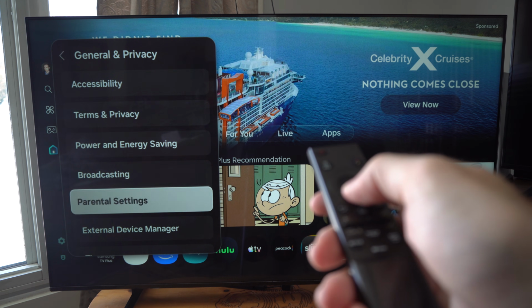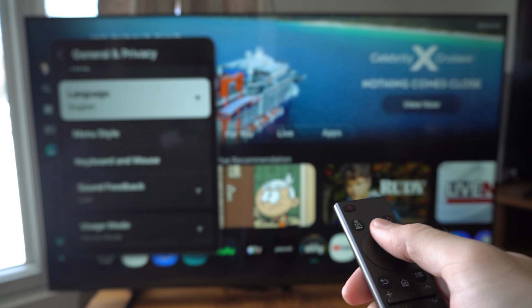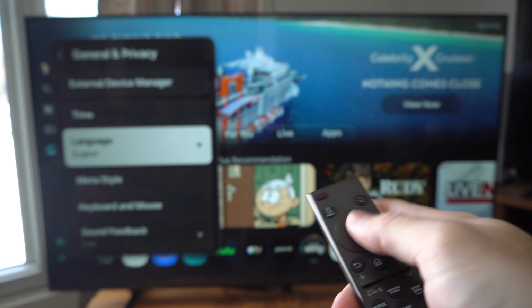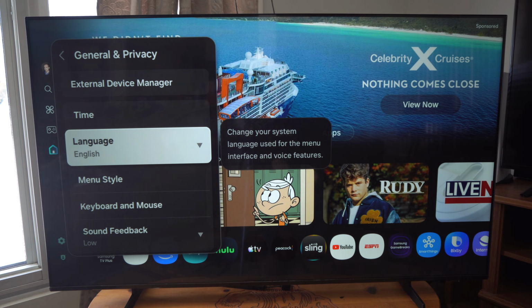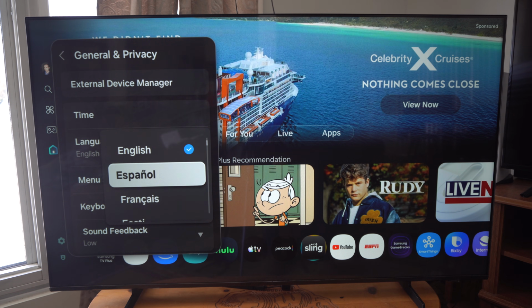Then go all the way down under here. And we're looking for language. So I think this is the first little down triangle on here. So if I look at it, I can select it. Here's the different languages